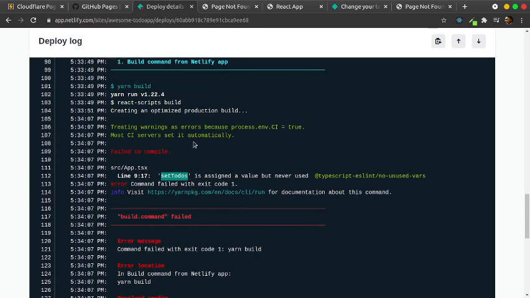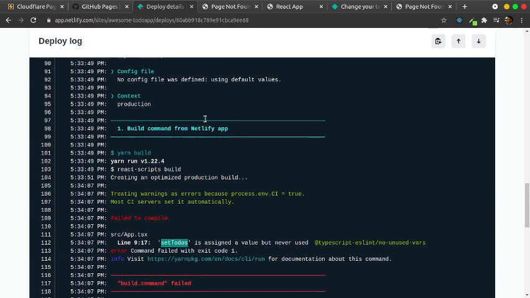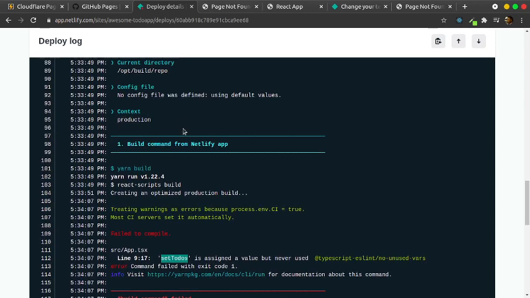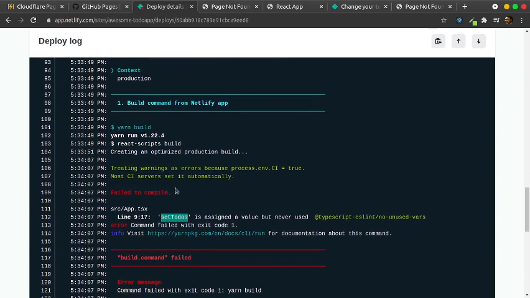In your case, you can try it out. If it fails, you can still read the errors here within the log and be able to go ahead and change them. Because in my case, I'm seeing an error on line 17 inside my app.tsx, and if I check my app.tsx here,